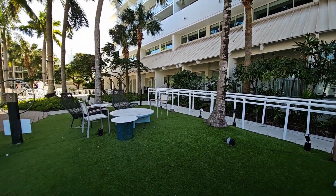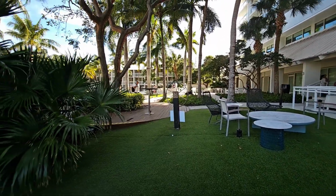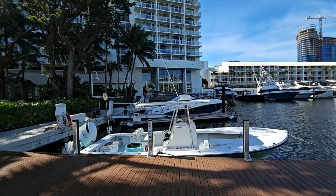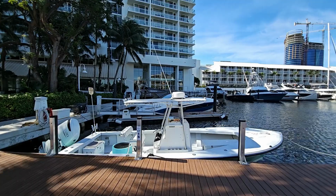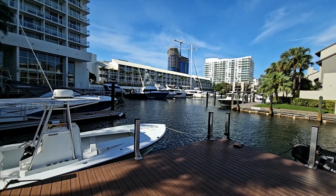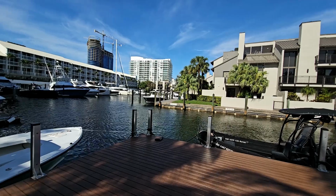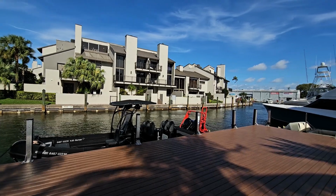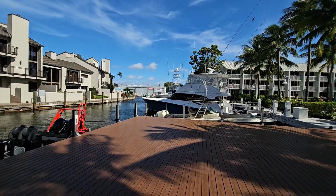And there are some separate buildings which we'll share with you in a little while, which are separate little condos or flats in smaller buildings. And here a further shot of the rear of the hotel itself, and of course the fantastic boats and yachts that are all moored up alongside, and other buildings and condos around the marina itself, of course with their moorings for their boats themselves. Isn't that lovely? A really picturesque area with some lovely accommodations and some fantastic yachts and boats